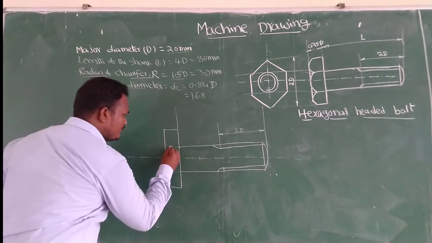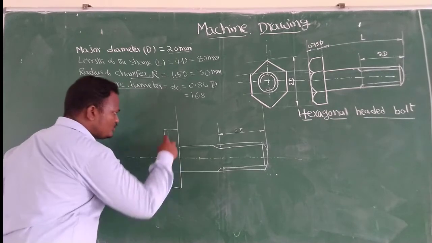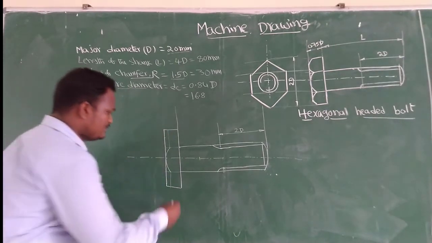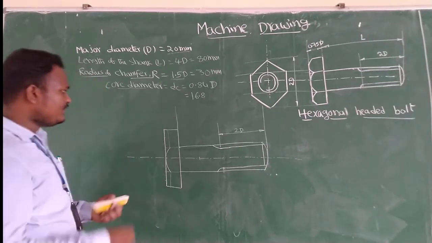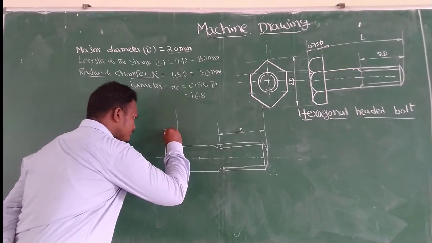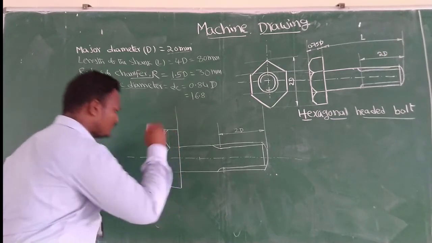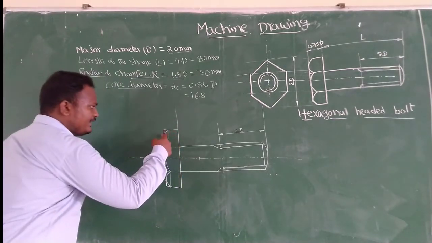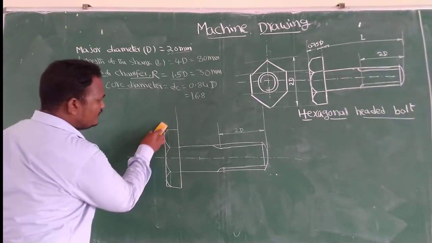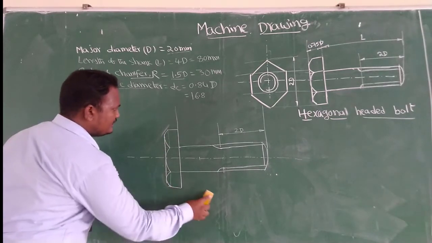Okay. After that, project here also. So in this height, bisect the length. That means at the midpoint, here also at the midpoint, directly you can join, or else you can take the radius formula also. Actually, this inclination chamfering will get a 30 degrees angle inclination. So this is the procedure to draw the head.